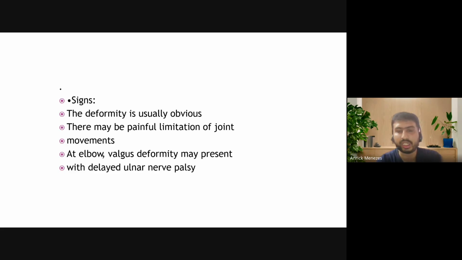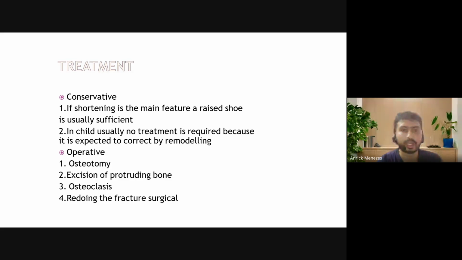Signs: deformity which is clearly seen. There may be painful limitation of joint movements at the elbow. Valgus deformity may be present with delayed ulnar nerve palsy. Treatment, I already told you, osteotomy is in